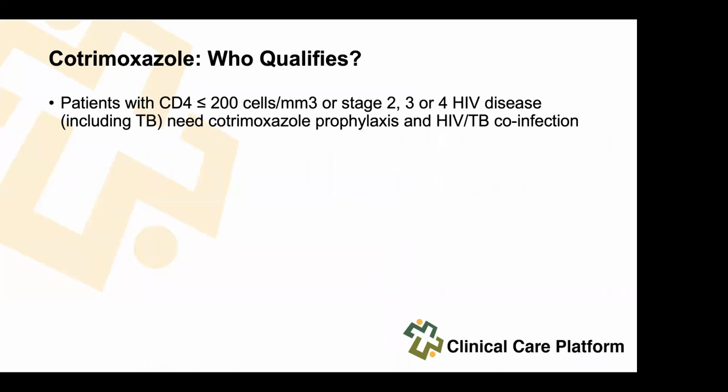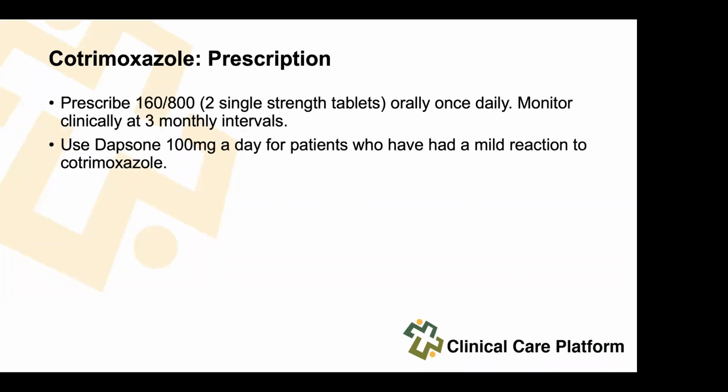And you can see in the South African guidelines, we have gone back to say, let's initiate cotrimoxazole for patients who have a CD4 count that is less than 200 cells, or those who are clinically symptomatic. And here we'll be referring to your WHO stage 2, stage 3, stage 4 patients with HIV disease, including TB. So you have to make sure that if a patient is symptomatic, irrespective of the CD4 count. So if my CD4 count is 1,000, but I have oral candida, or I'm a pulmonary TB patient, I should be initiated on cotrimoxazole, which is quite important.